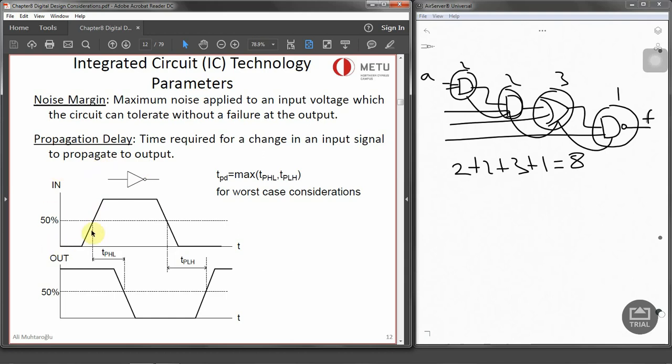If you look over here, this is a typical inverter example. When the input goes to 50% and is changing to high, the output starts to go to 50%, which is going low. That is known as the high to low transition, first. And on the second one, this is known as the low to high transition, because the output is going high when the input is changing to low. So to find the propagation delay, we normally take the maximum of these TPHL and TPLH values,